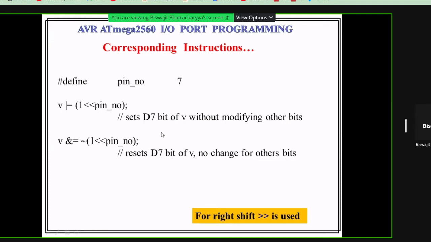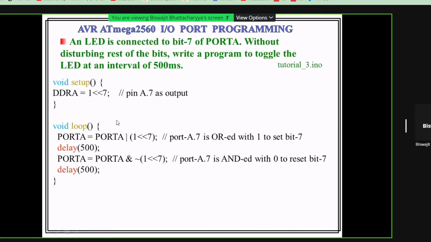So here the D7 bit of port A is now configured as output. That one pin is configured as an output pin. What about the other pins? We don't know. If these are 0 in this particular problem, they will serve as input bits. But if you write or equal to, other bits will not change, so we don't know whether they are acting as input pins or output pins. But when you start using any variable for the first time, its initial values are always 0.